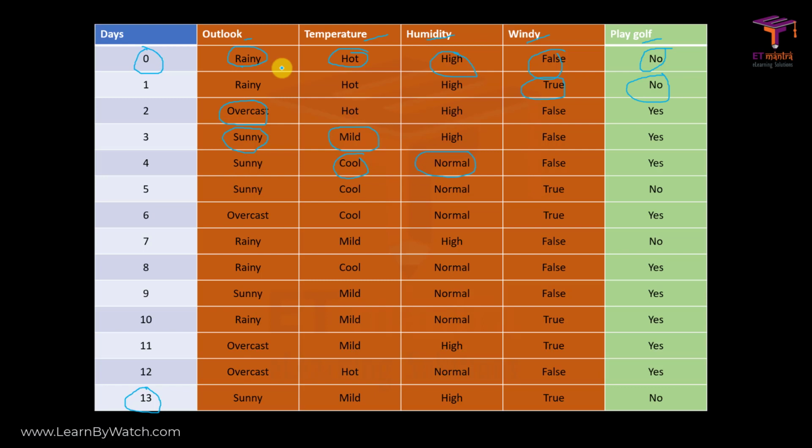One more thing we had done is that we had dropped some features which we thought were not required. Similarly, for this example, I will be dropping 2 features. I will just take the outlook and the temperature columns, and humidity and windy I'll ignore. Obviously you can take all of these into account, but for simplicity of explaining Naive Bayes I'll be taking just these two. Okay, we are familiar with our dataset. Now let's move on to the next slide.